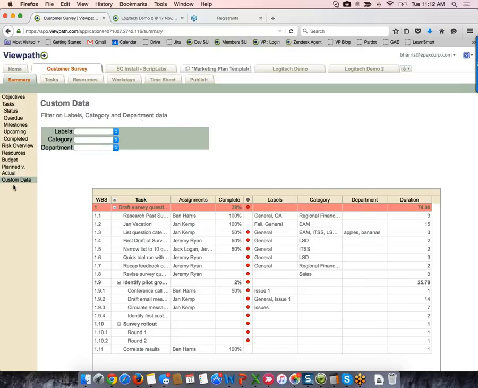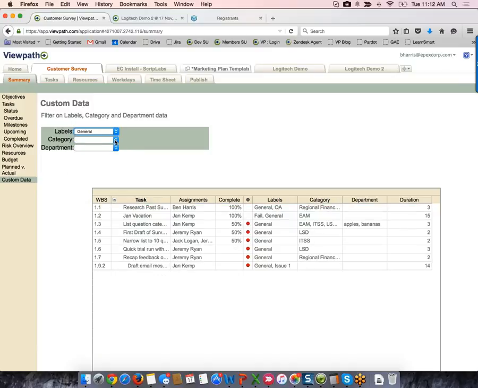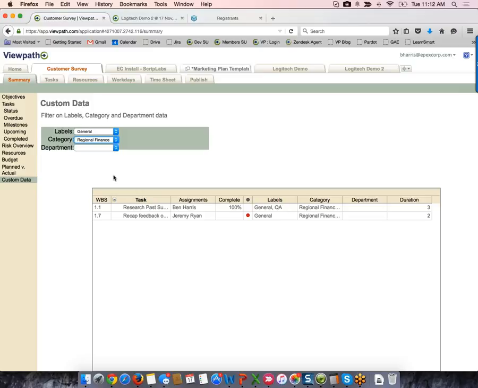If you recall, our portfolios and programs were tags at the project level. We have labels, categories, and departments as tags at the task level. So these are custom columns where you can put the information that is relevant to you and your groups. And then you can filter on that information. And you can combine these filters. So if you want to take a look at tasks that are general and are regional finance, and filter down